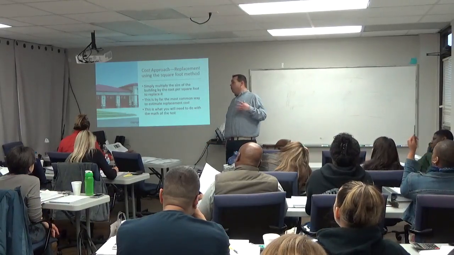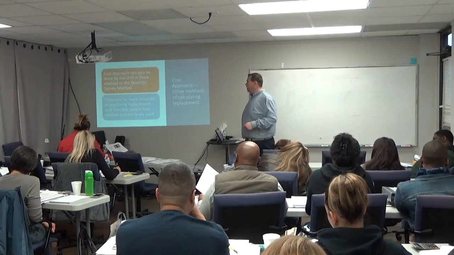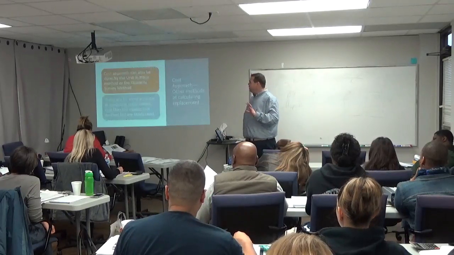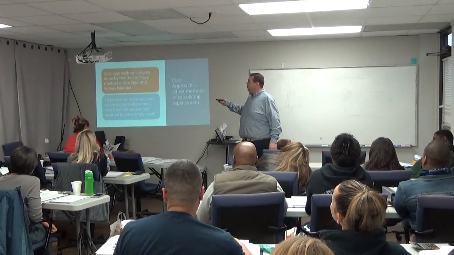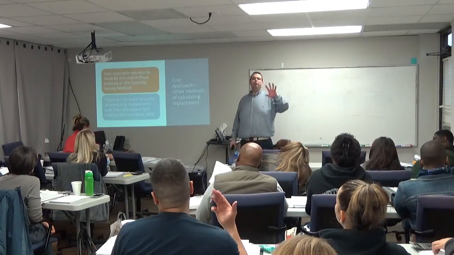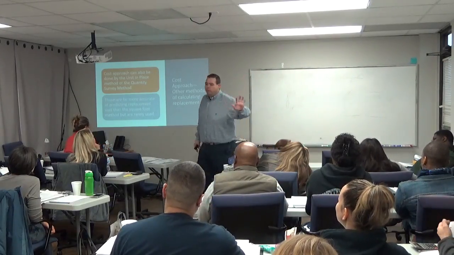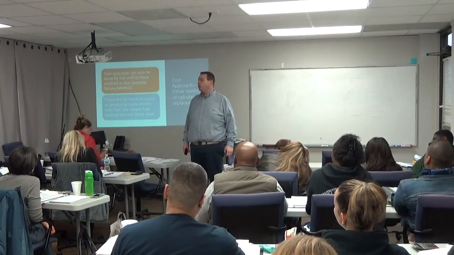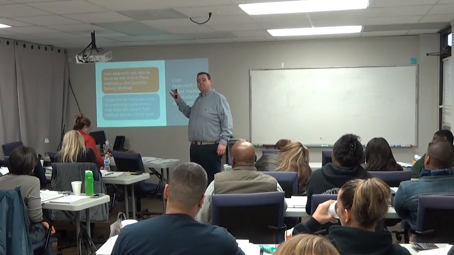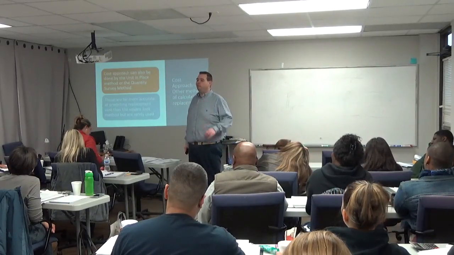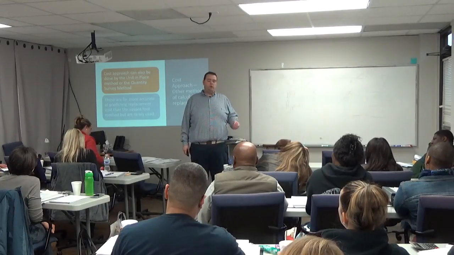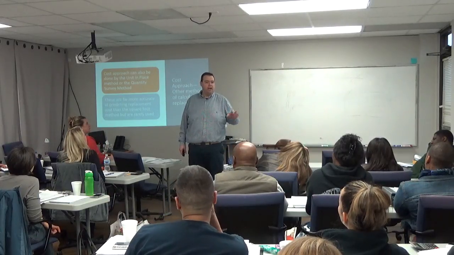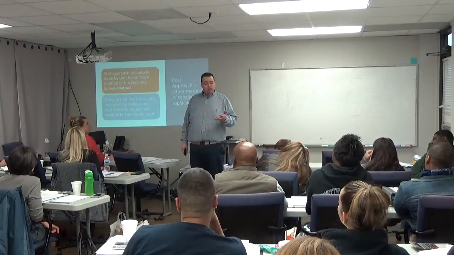There are more detailed methods, okay? You're not going to use them. Just so you know what they are, they're called the quantity survey or the unit in place method. If you see those on a test, you don't need to be able to define them. Let me give you what I mean about more detailed. With the quantity survey method, when you're calculating the replacement cost of that building, you don't just need to know it's $80 a square foot. That's not close enough. There's room for error there. You need to know there are